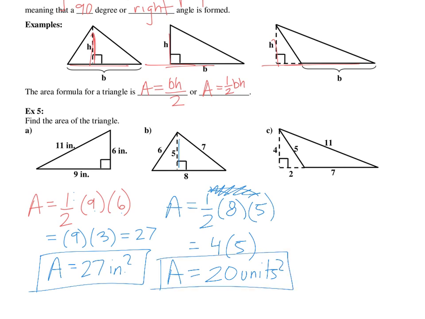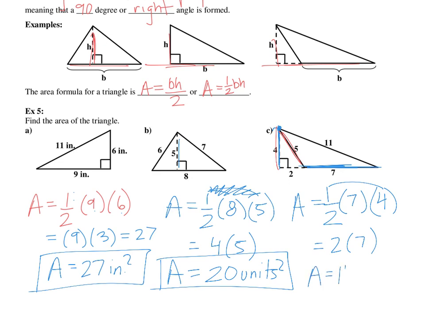And for the last triangle, the area is equal to half the base, which is 7 in this case. Be very careful with that. It's just what's on the bottom of this triangle, not all the way across. But the height here starts from the top and it goes straight down. That's your height. A lot of students will say that this is the height. You have to be really careful with that. The height always goes straight down. So we have half of 4 this time. So I have 2 times 7, and the area is 14